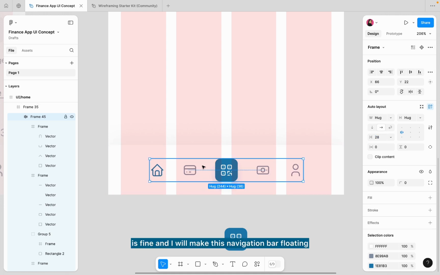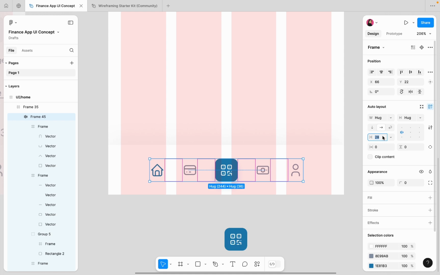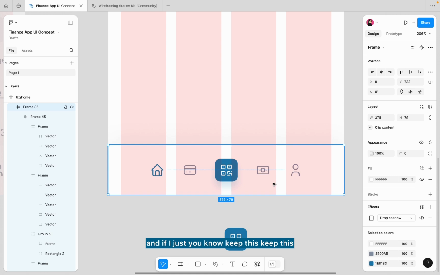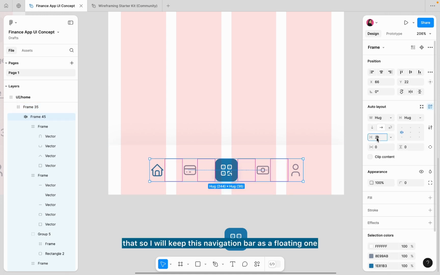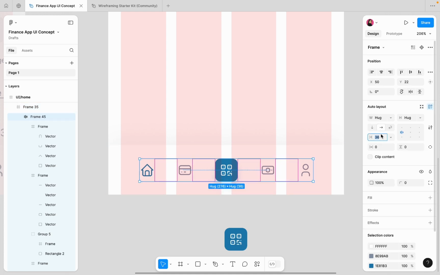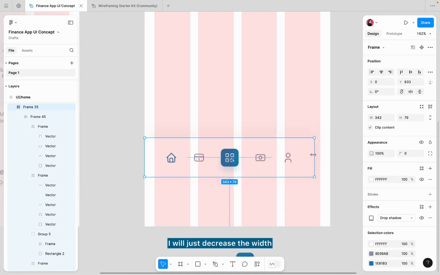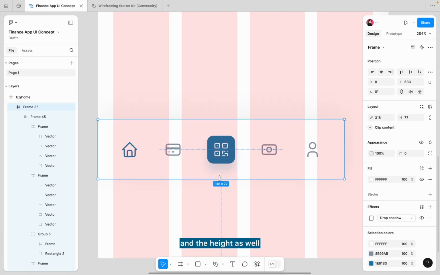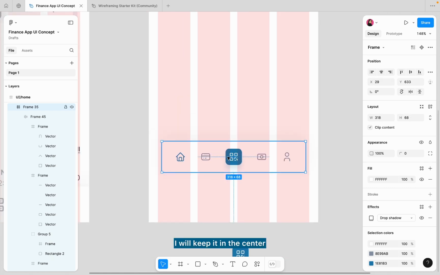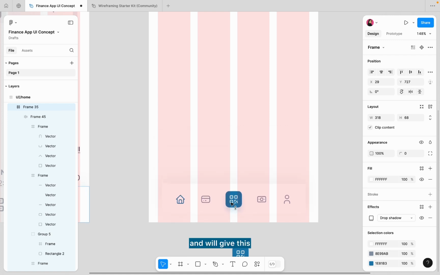28 is fine, and I will make this navigation bar floating. That way it will look a bit good as well, and also there will be no negative space. And if I just keep this navigation bar like that, then there will be lots of negative spaces. So I don't want that, so I will keep this navigation bar as a floating one. Like this. I will just decrease the width and the height as well. I will keep it in the center, and will give this